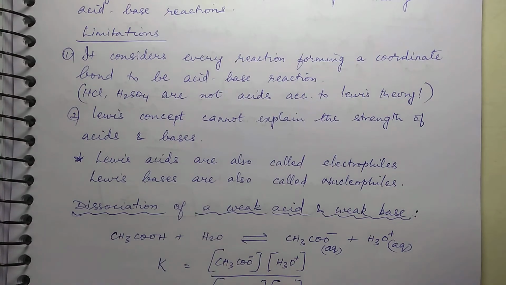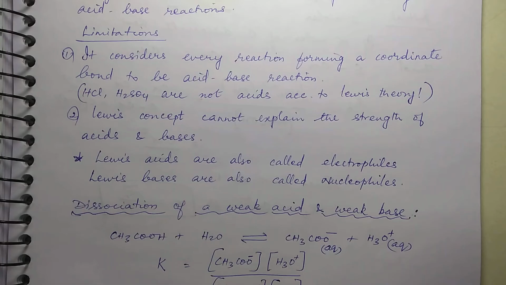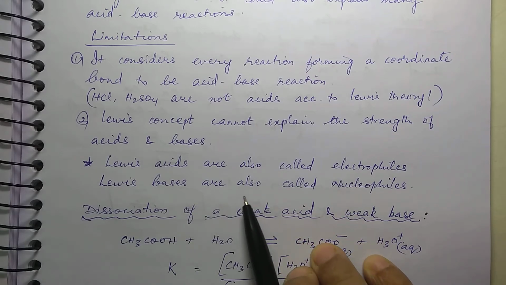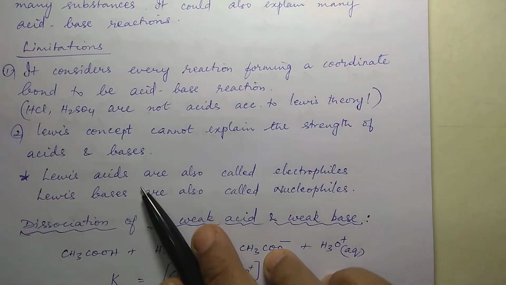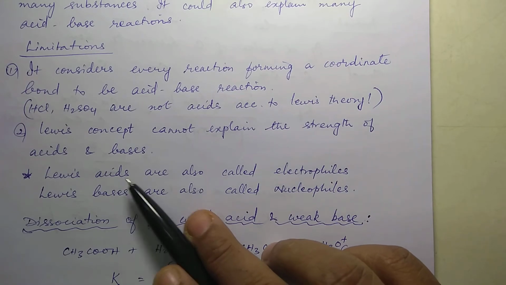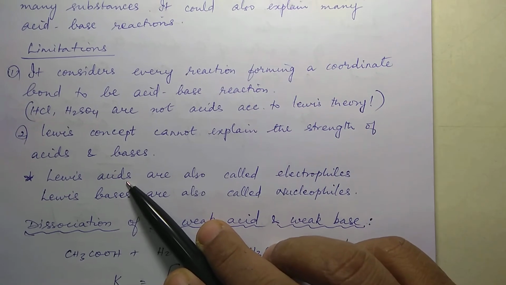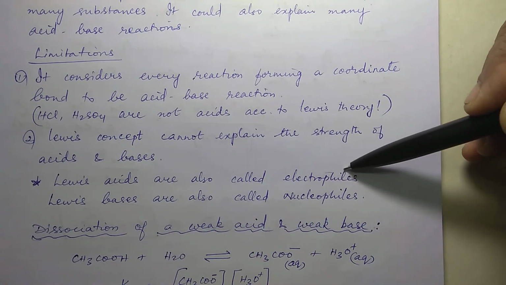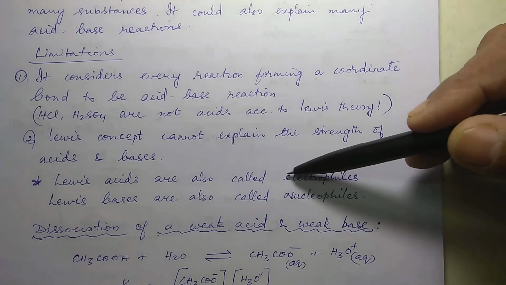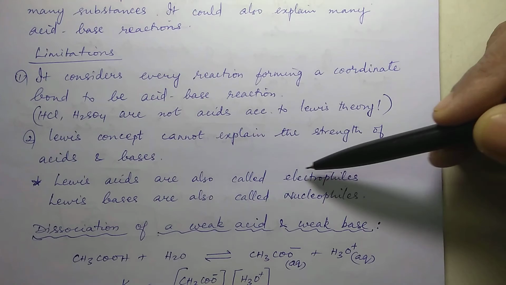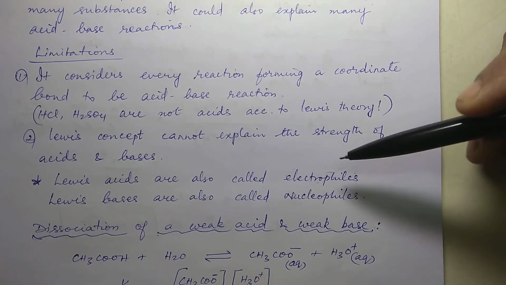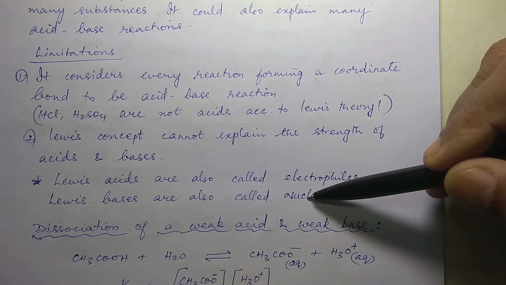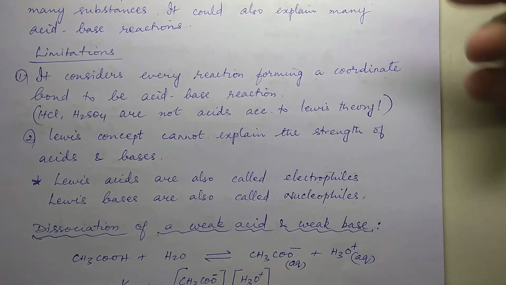Okay? And one more thing I want you to remember, that Lewis acids are also called electrophiles and Lewis bases are called nucleophiles. What are Lewis acids? Electron pair acceptors. Is it not? Electron pair acceptor means it has attraction for a pair of electrons. Philic means attraction. Philic for what? Electrons. So they are electrophilic or electrophiles. Okay? If the attraction is for the nucleus, which is positively charged, then what will it itself have? Negative charge. Is it not?